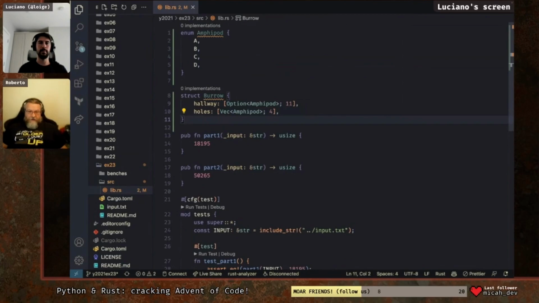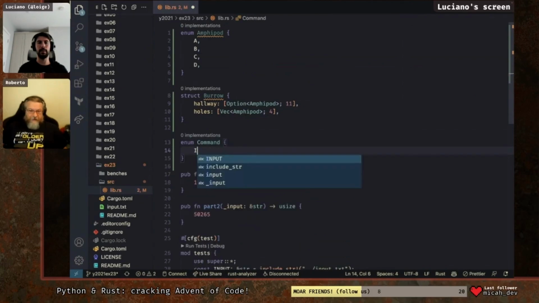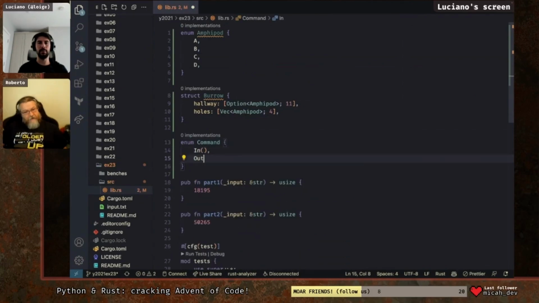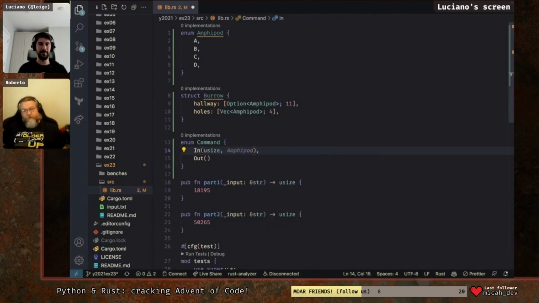Then we need the commands. So I think we can do an enum Command, and Command can be In or Out, right? Like the amphipod going from the hallway into a hole, or from a hole going out. Does that make sense to you? So if they go in, they go from an integer that is the position in the hallway, a usize, right? Yeah. To